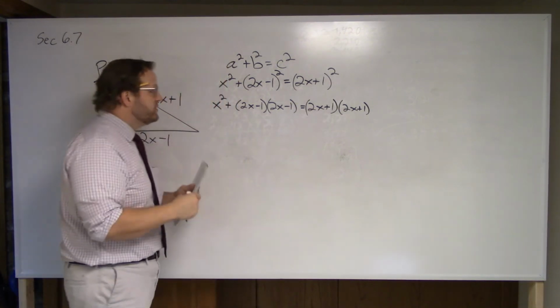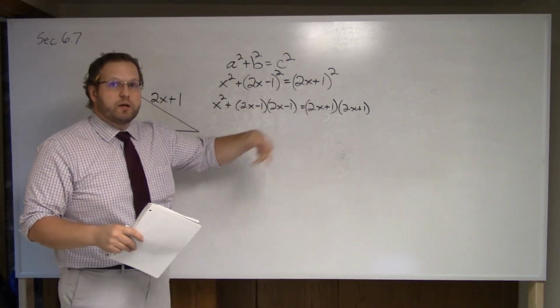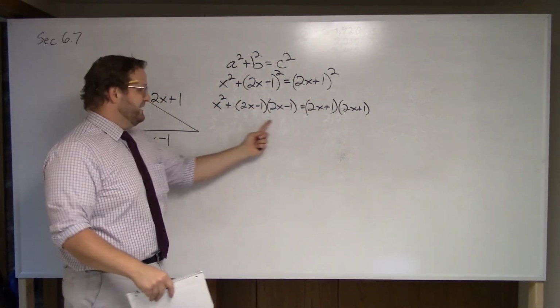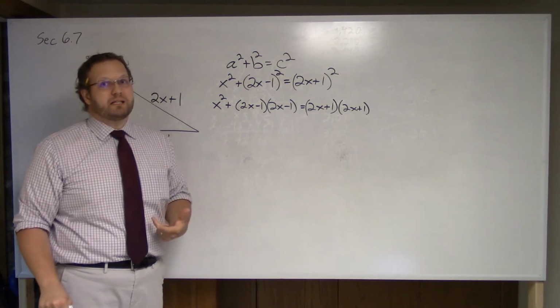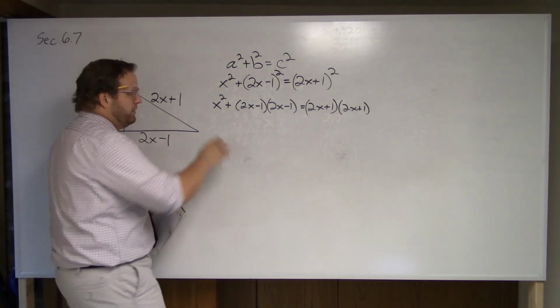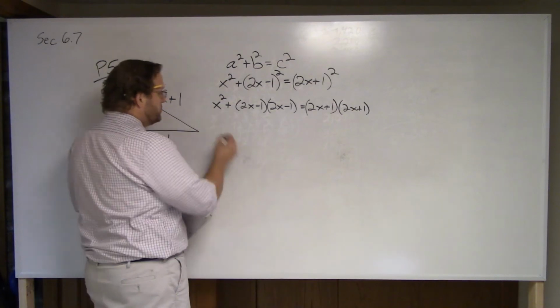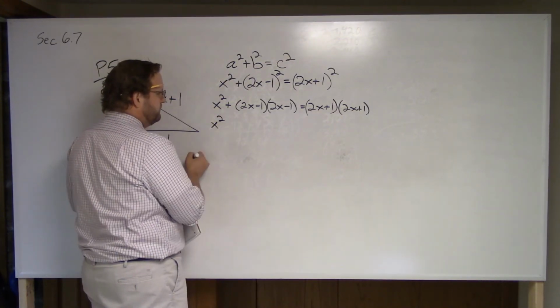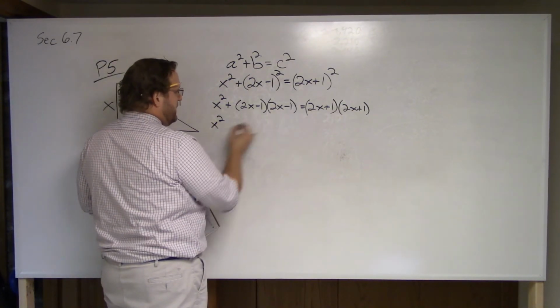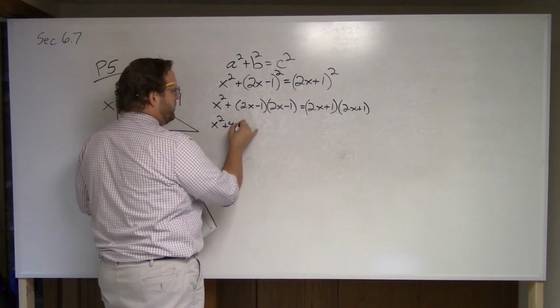If you can just visualize another one next to it to do the foiling, great. But if not, again, that only took me a few seconds. It makes it a lot easier to do. So I'm going to then FOIL all this out. So I've got x squared coming down. Then I FOIL these. I've got 4x squared